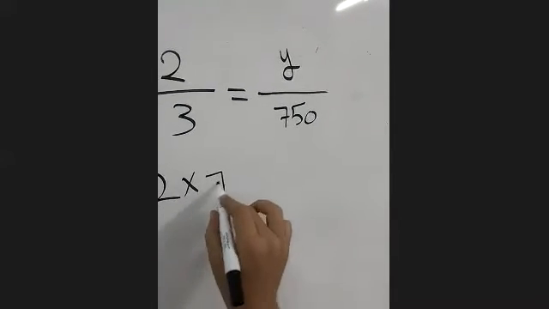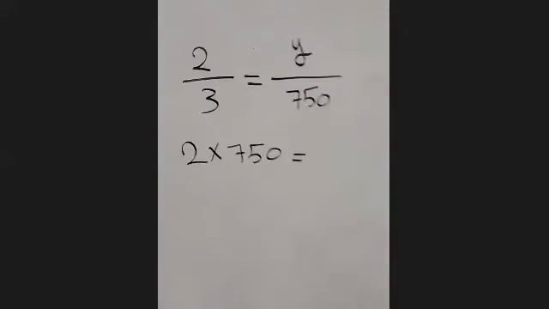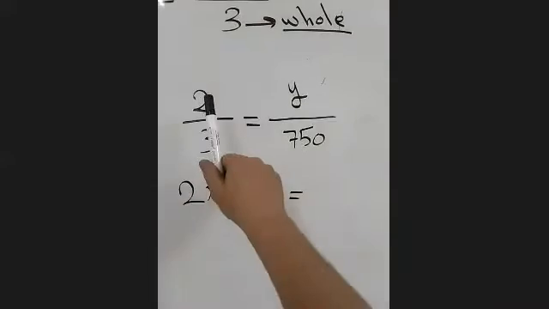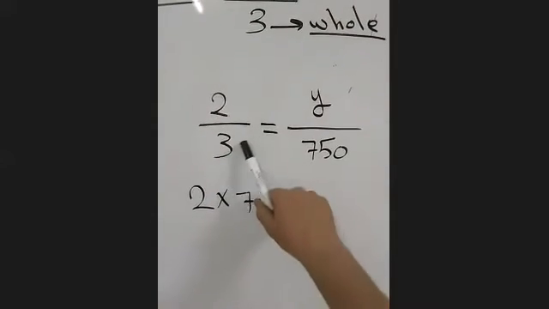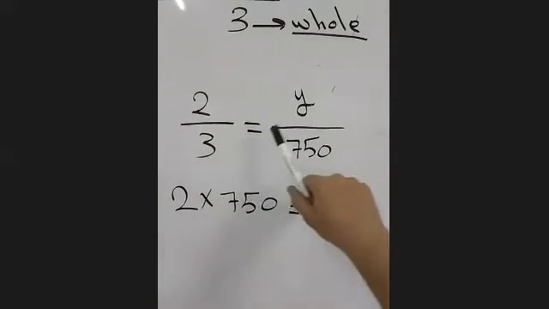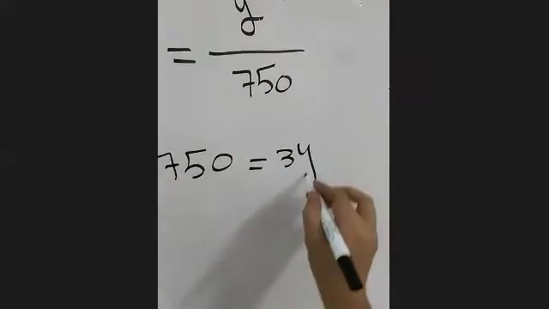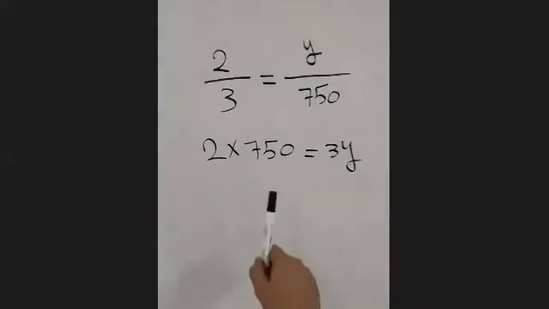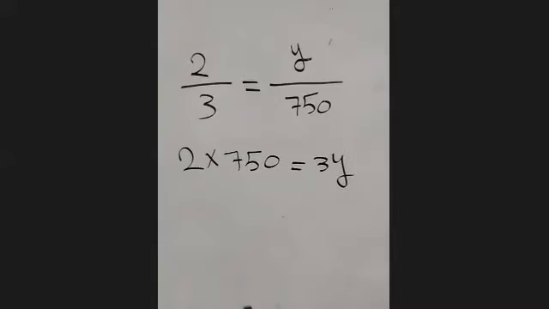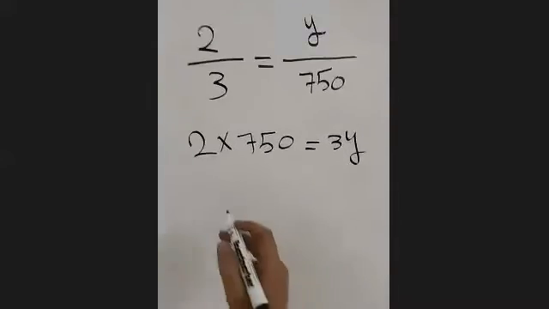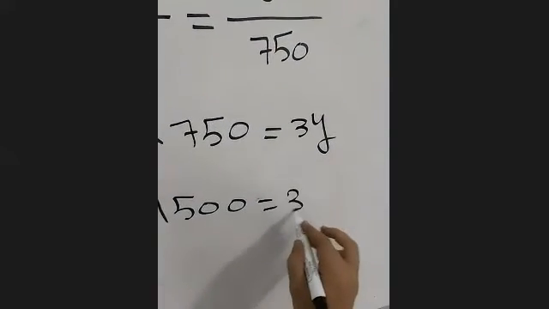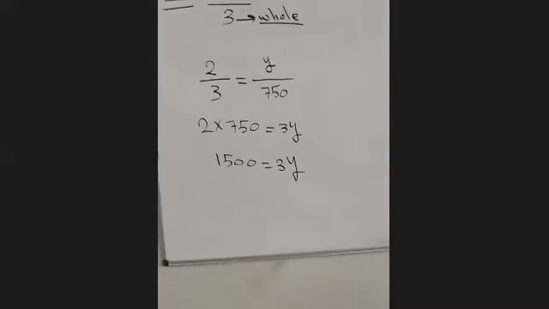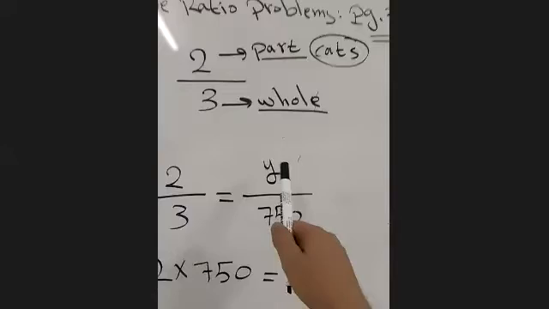Wait, just wait. Focus. 2 multiplied by 750 equals 3 multiplied by y. We don't say 3 multiply y, we directly write 3y. Now, 2 multiplied by 750 is 1,500. Equals 3y. Now, to find y, which is the answer of the question, I need to